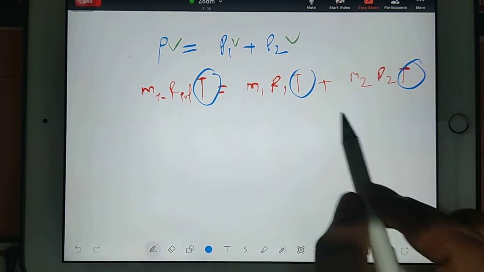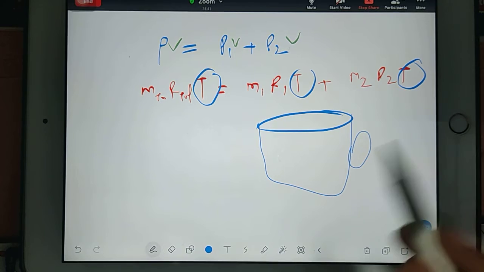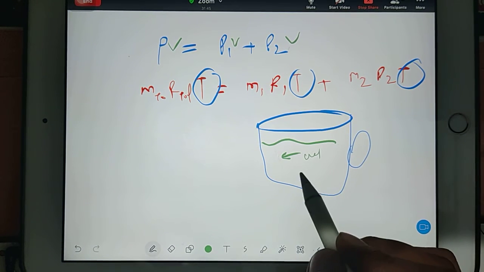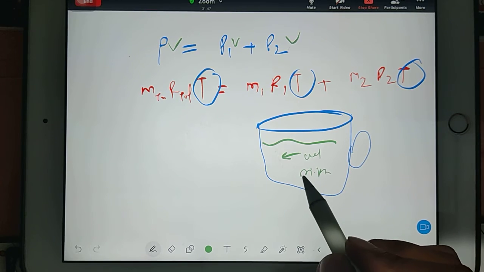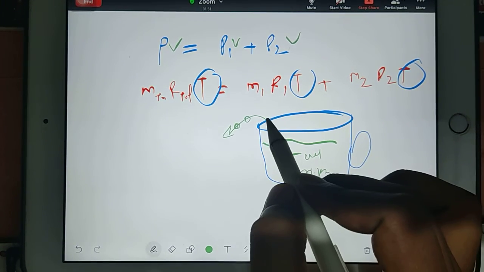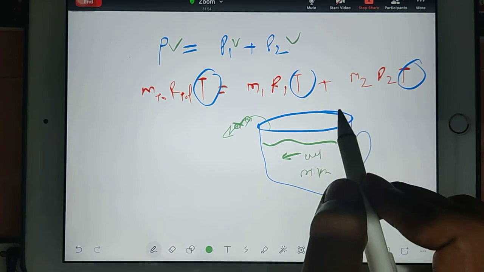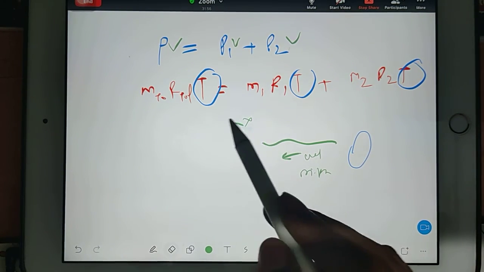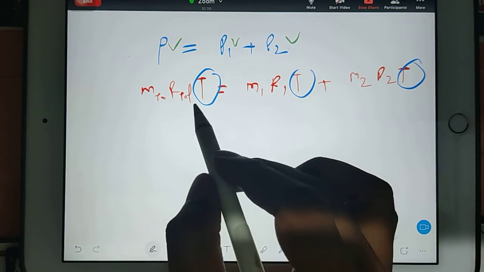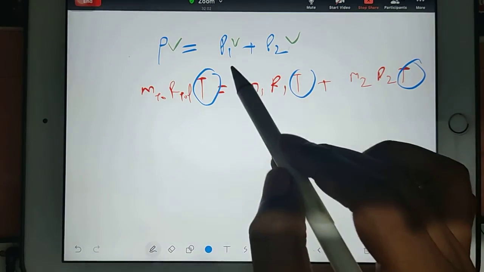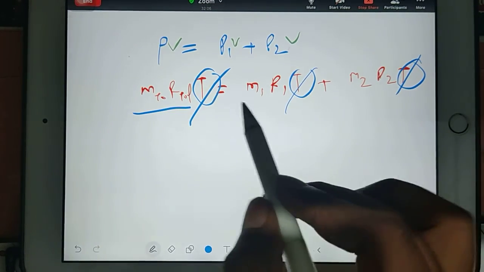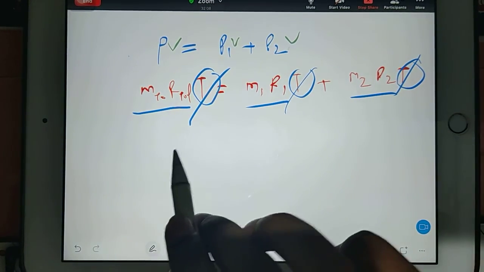It's like, suppose you have a cup of tea. In this cup of tea you have water molecules and milk molecules. It's not like when you drink the tea, some molecules will be hotter and some colder. No, they all are at the same temperature. So now you can see, you can cancel this T term. So that's why MR will remain.